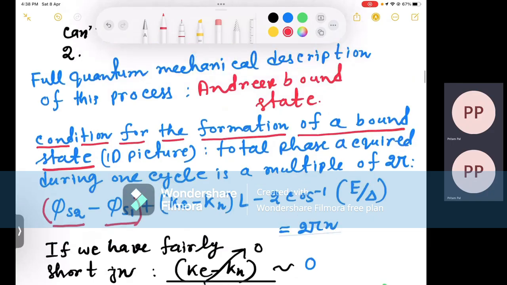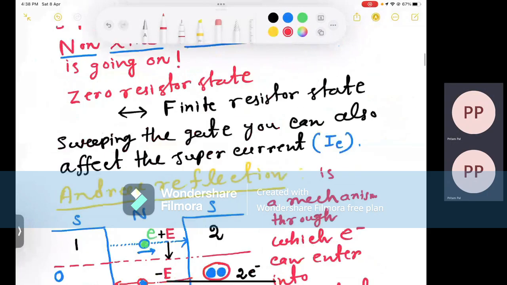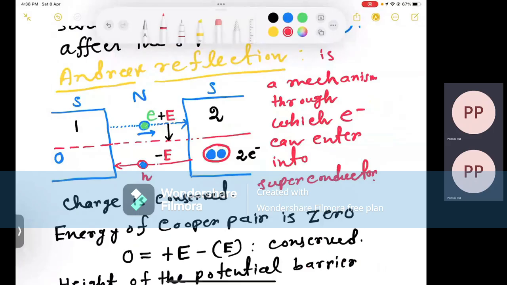So this you can see. Where I was mentioning this Cooper pair formation, it's like a mechanism, Andreev reflection, through which an electron can enter into the superconductor, right? In this process of pairing, I mean Cooper pair formation, charge is always conserved, and the energy of the